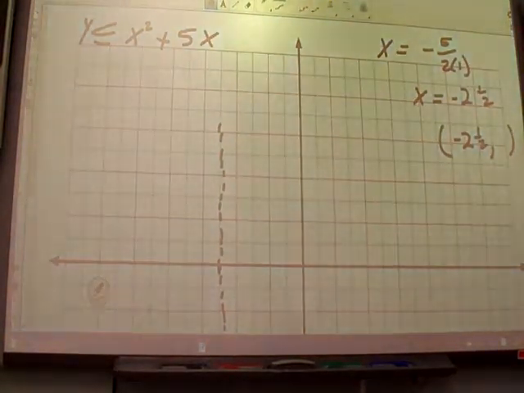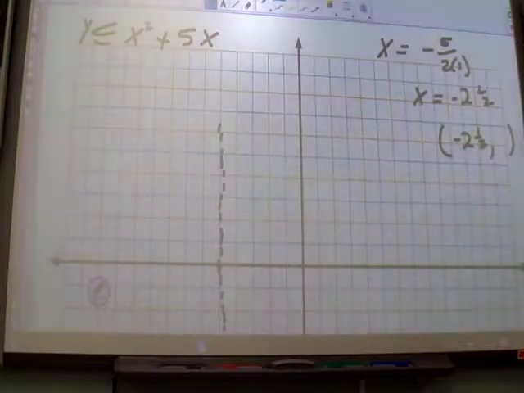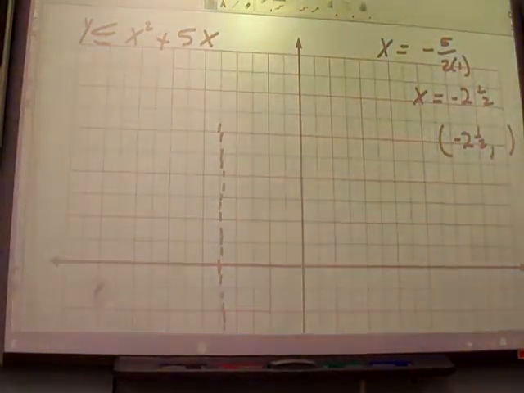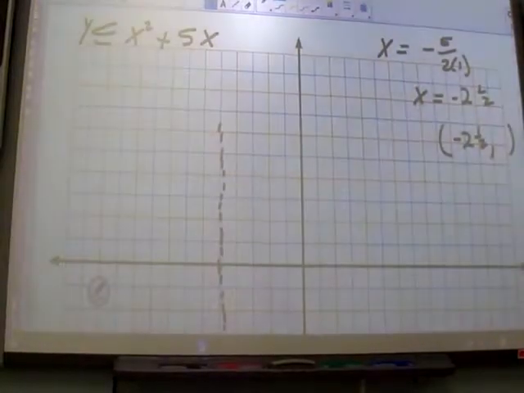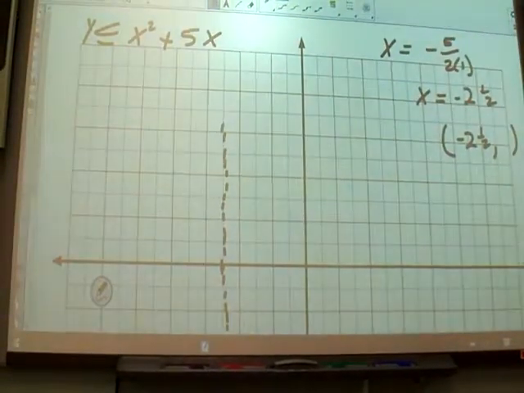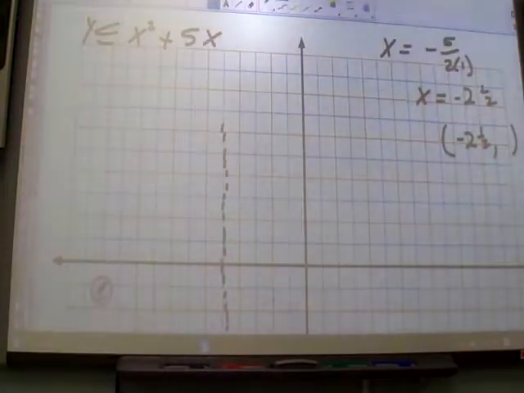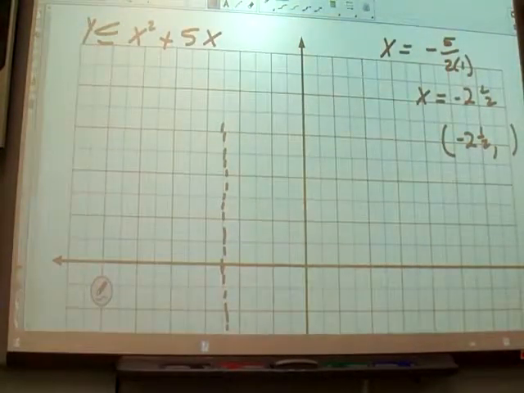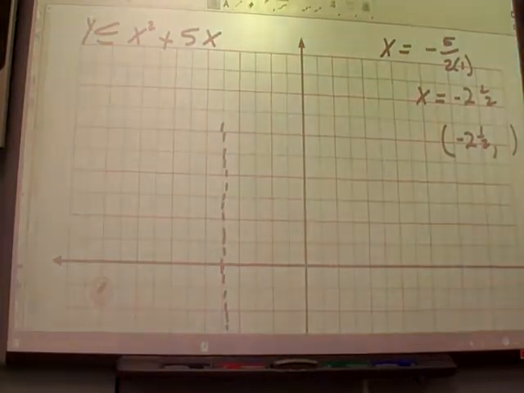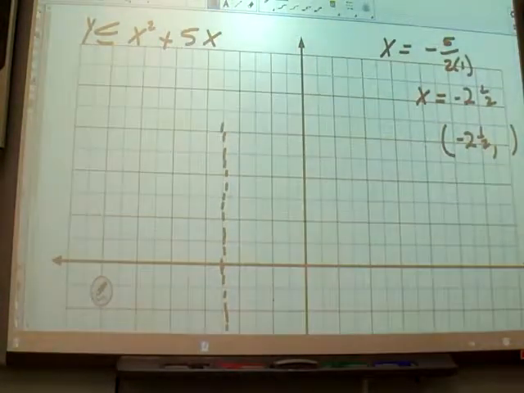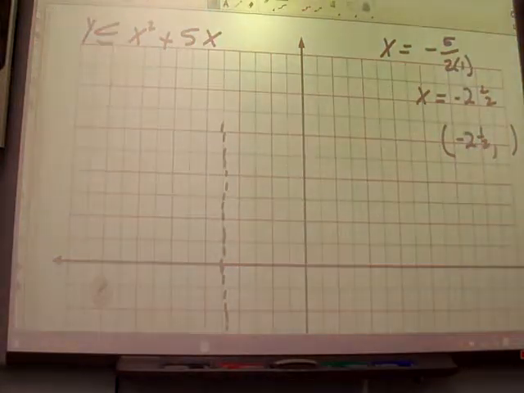Hey, Bradley, it's opening down, right? Yes. Alright. Negative on your x, on your axis of symmetry. I saw different people writing it different ways: negative 2.5, negative 2.5, negative 5 halves. Those are all the same thing, so you could write that any way you wanted. From my origin, I moved over 2.5, so there's my axis of symmetry. Now when I go to plug that back in,